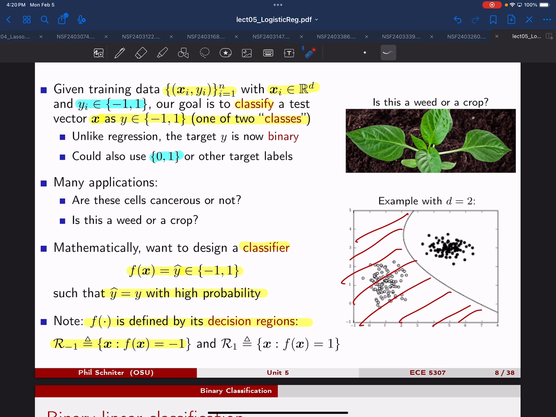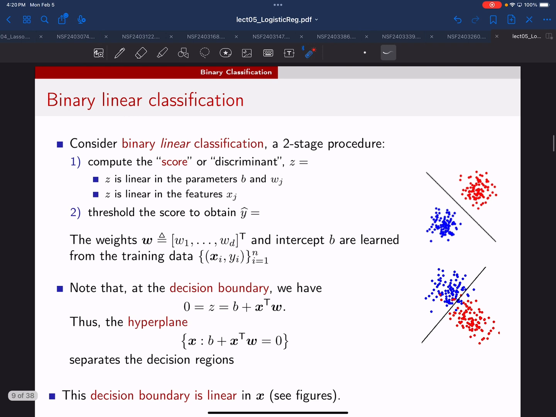Making sense? Okay. All right, so we're going to spend a lot of our time focusing on a particular way of doing this classification that is called binary linear classification, in part because it's simple, but also because it has several other advantages that I'll talk about in a moment. This is basically a two-stage procedure. The first stage is to construct or compute what's called a score, sometimes called a discriminant. We're going to call it z, and it has an equation that looks just like what we saw for linear regression,